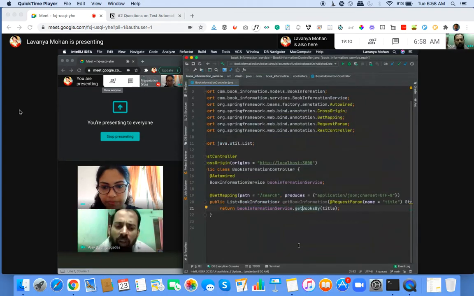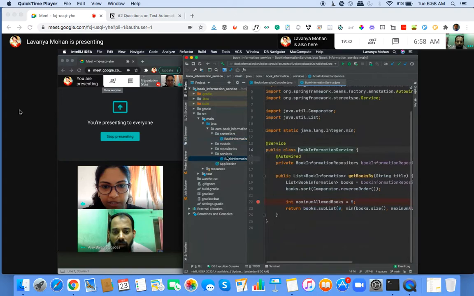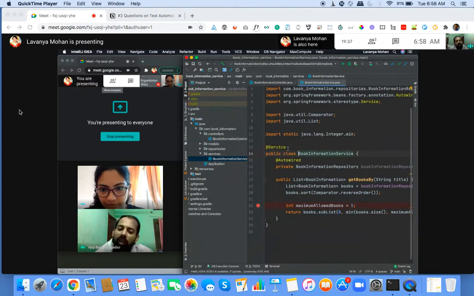So how do we identify which is a service and which is a controller? One of the easiest ways is to see which folder it is present in. Right now this class is present in this folder, the service one here. This is the name of the class, and if we go into the class, we can see that it is present in the services folder. But that's one way. That is left to the programmer to put it anywhere. They could as well put it in the controller. Correct. They could do that.